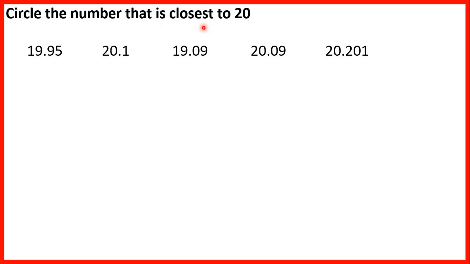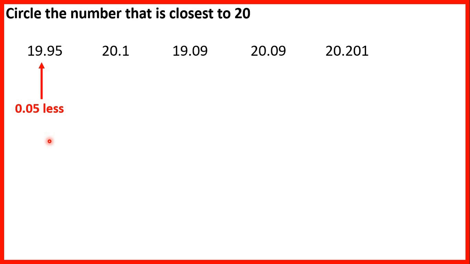Circle the number that is closest to 20. So we need to find the difference between the numbers that we're given and 20. First, we have 19.95. That's 0.05 less than 20, because if we work out 20 minus 19.95, we will get